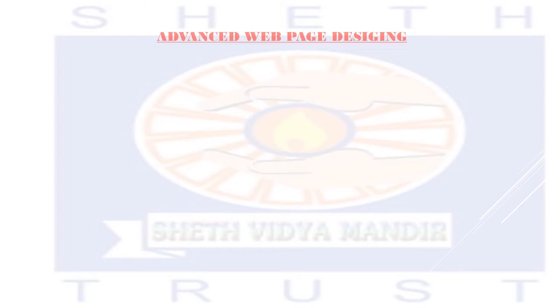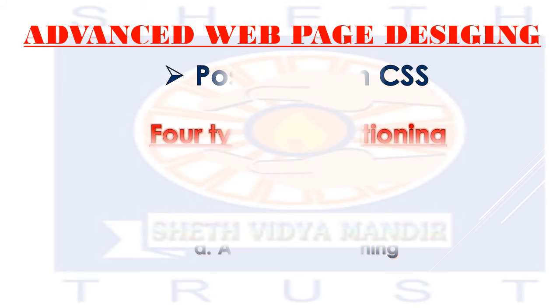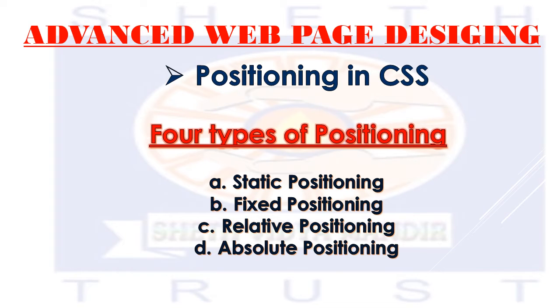So today students, we are going to discuss the last topic in CSS, that is positioning in CSS. When I talk about positioning in CSS, what do we mean by positioning and why is it important? Positioning means where the element will be present on the web page. You have seen on web pages, the element sometimes is on the left side, sometimes on the right side, top, bottom. So here we can do that type of styling in our web pages with the help of positioning.